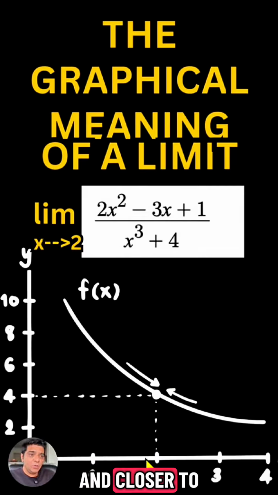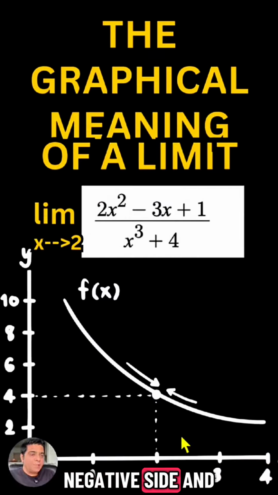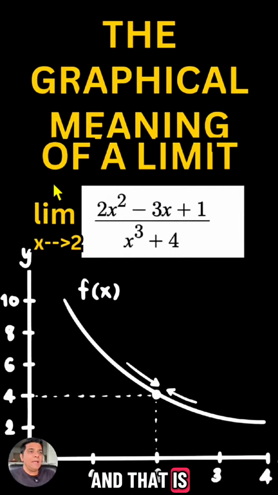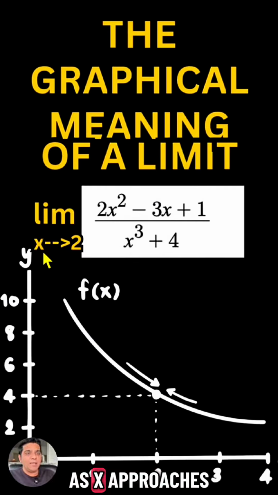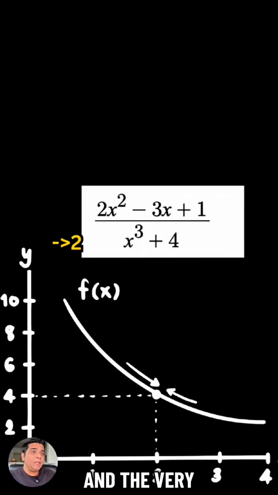it's approaching a certain number on the x-axis as the input. As you come closer and closer to that particular value, which is 2 in this case, from the negative side and from the positive side, you see f of x is also approaching some value, both from the negative side and from the positive side, and that is the limit of that particular function as x approaches a certain point, 2. So let's go ahead and take a look at our particular example,